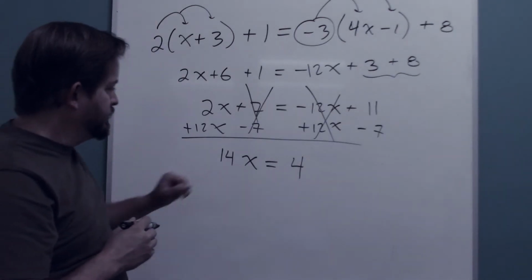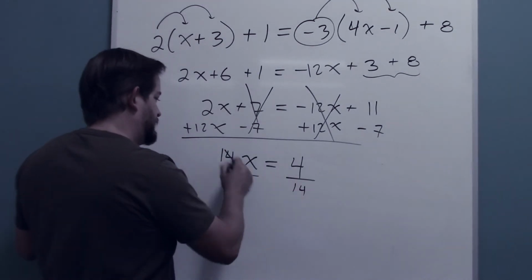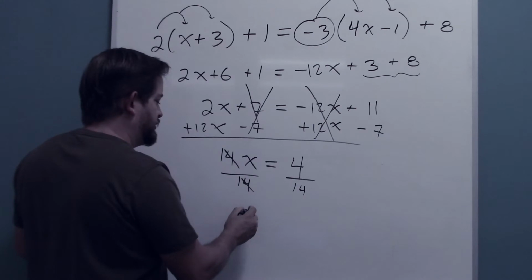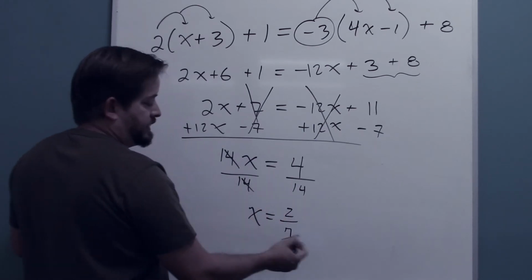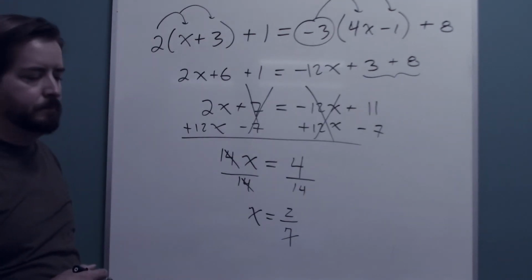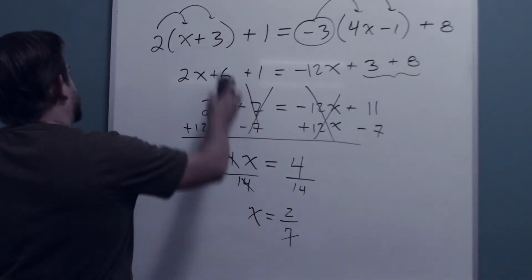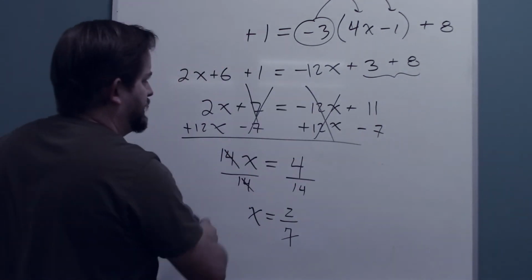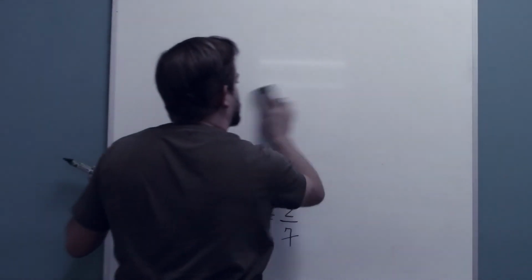And if I divide each side by 14, I can simplify the right hand side. They're both divisible by 2, so that leaves me with 2 over 7, and I'm done. Good. All right. If you need to pause, right, pause this, write it down, but I will move on to the